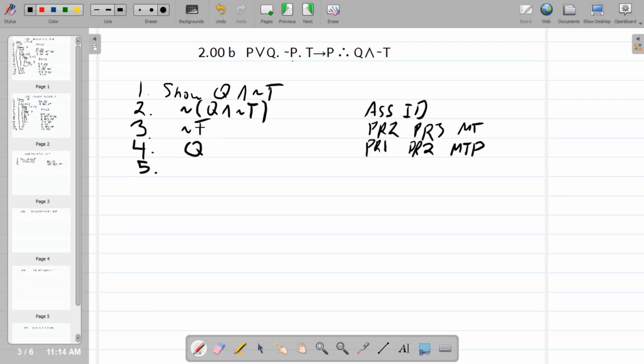Great. Now we've derived the two halves of this thing. We got Q and not T. So I'm just going to put them together. Q and not T, line 3, line 4, ADJ. I joined them together. Yeah? Do you need to say line 4, line 3,